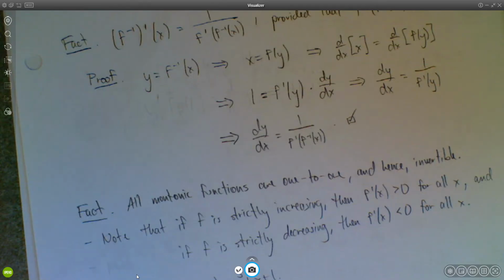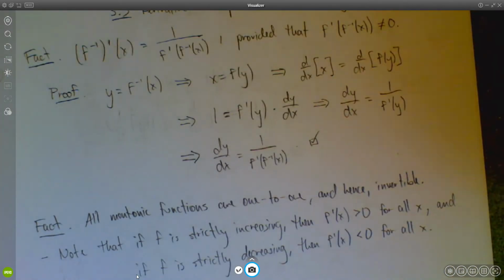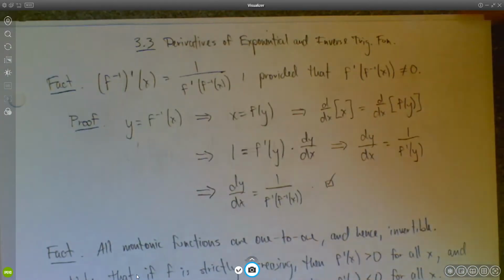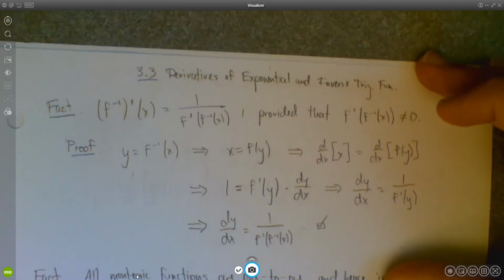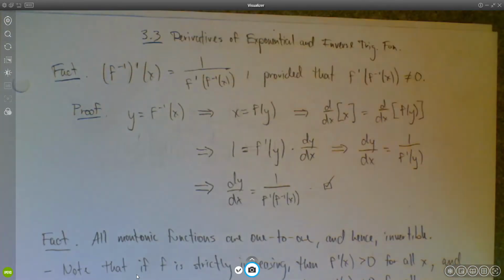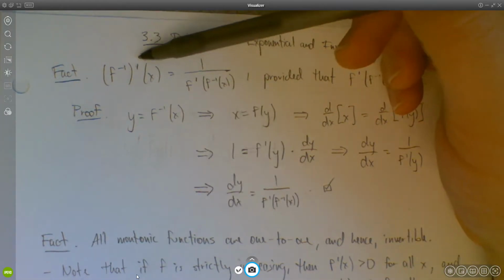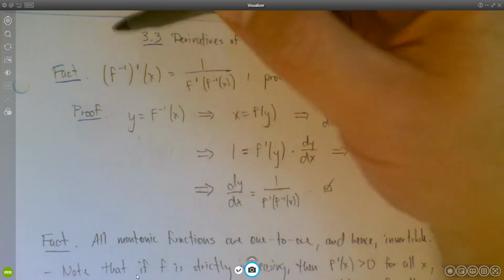Alright, let's talk about 3.3, derivatives of exponential and inverse trig functions. In this section, we're going to start off by looking at just the derivative of inverse functions in general, okay? And this notation might be a little bit confusing, so just to explain it,